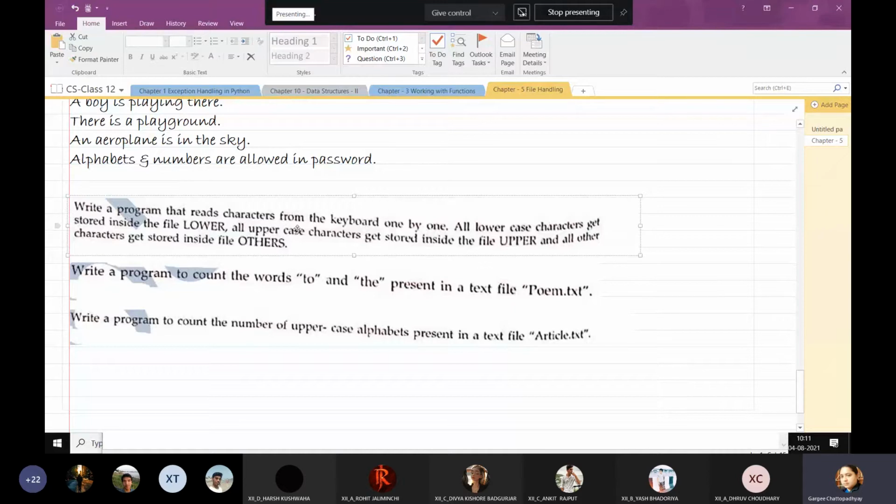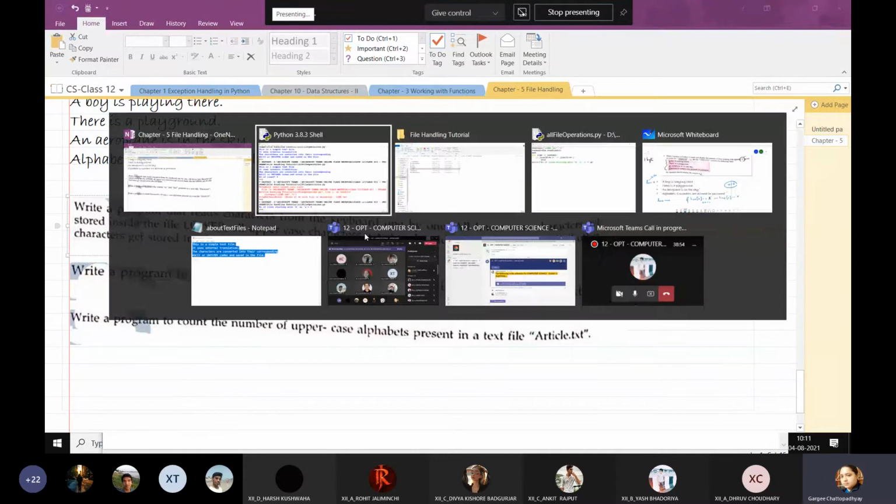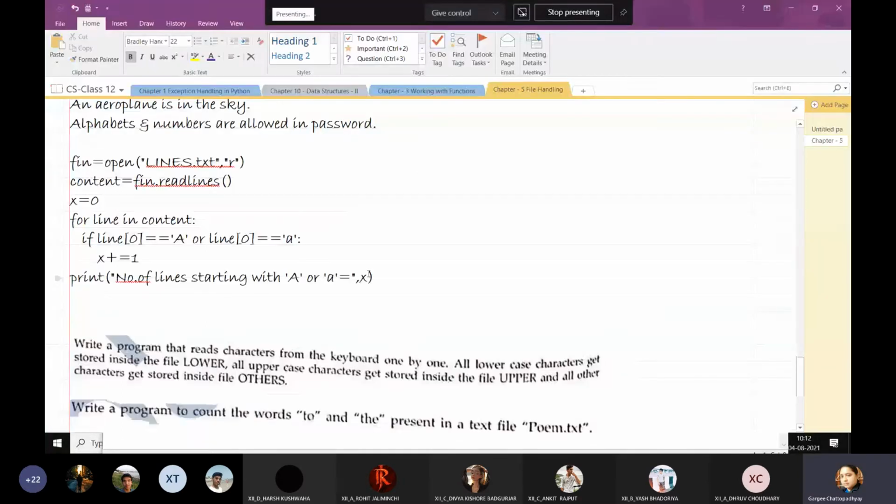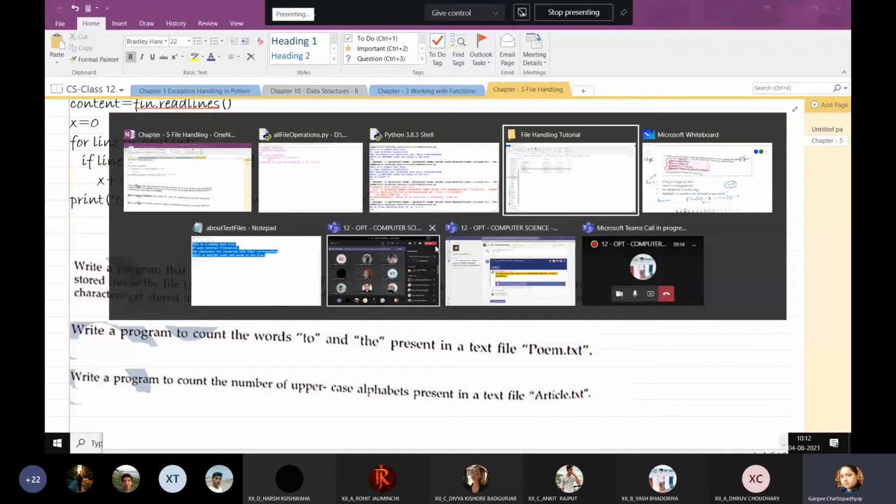So I can change this question like count the number of lowercase letters, count the number of uppercase letters, and count all the other types of letters. So I'm just changing the question a little bit here. First, let me copy this. So we are going to make some changes in this question.